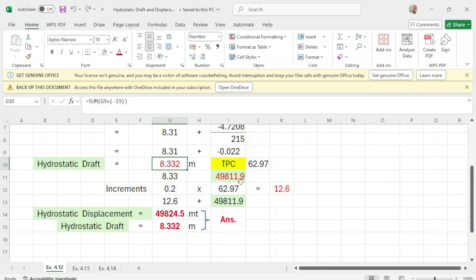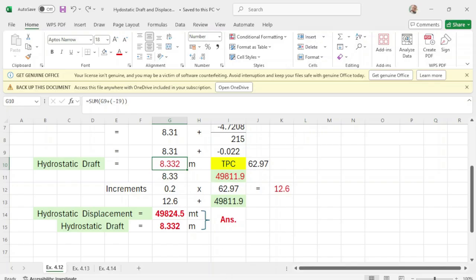Now, from this drop, this will be your displacement. Displacement. Now, to get the exact, because your drop is 8.332, what will be your displacement with this drop? So what you do is take out this number 2. So you look for the displacement of 8.33. Take out number 2 and look for the displacement of 8.33. What will be the displacement of 8.33?